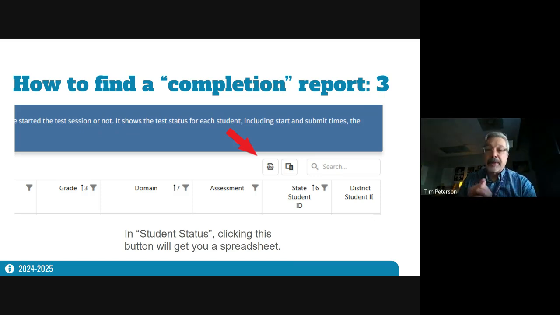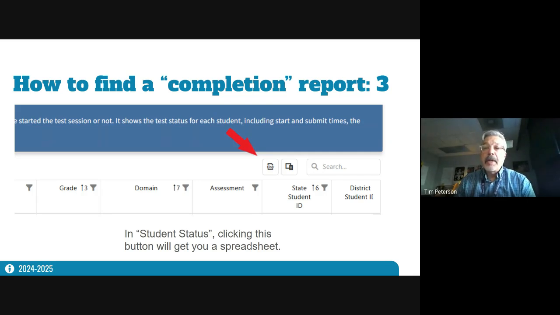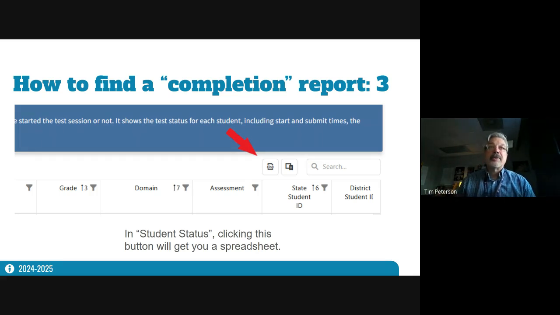So you can see, for instance, if a student is completed, if they've not started, if they've got a not tested reason already, or most importantly, if they're in progress. If you thought a student was complete, and yet it says in progress, it might simply mean that they have not gone in and clicked submit. Those are some of the things we'll check on, because we want to make sure that everybody gets that completed as much as possible. I'll be sending that out yet this week to everyone.